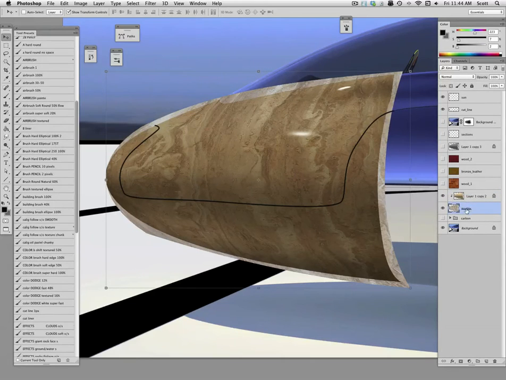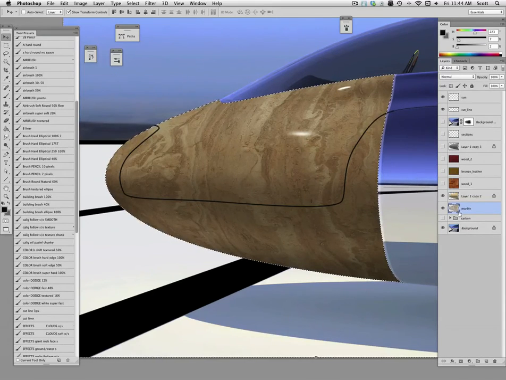And let's put it on, whoops, I need to have a base one of these in order to put this on. Or you know what we could do? We could just load this selection, right? And then I can just go here and delete. Command Shift I to invert it, and then delete. And now they share the same